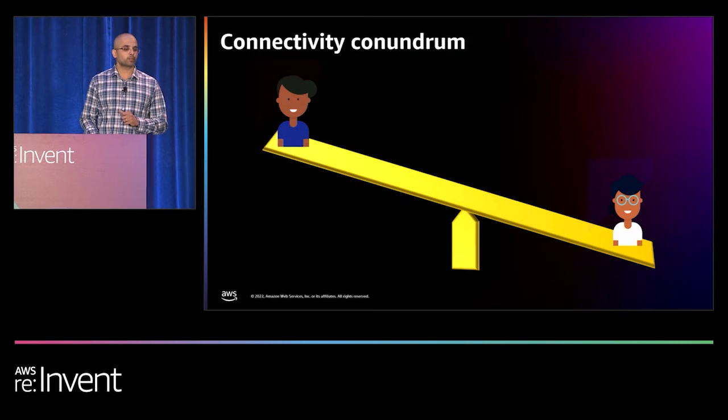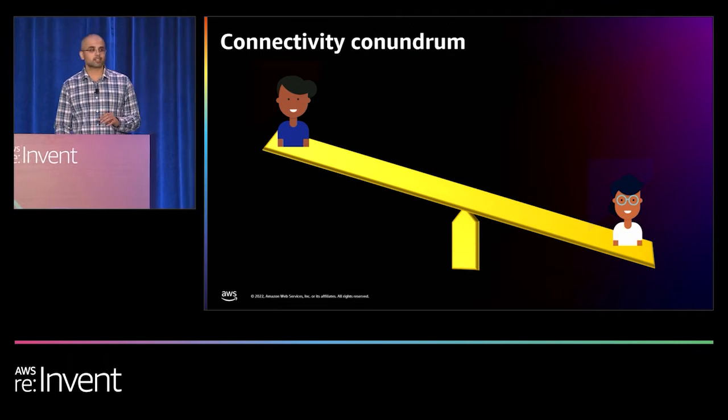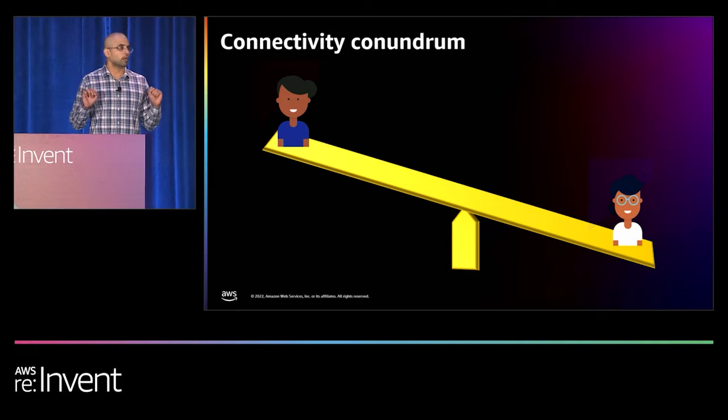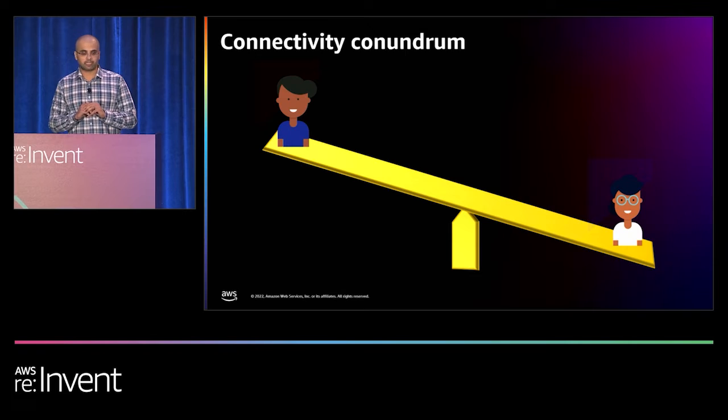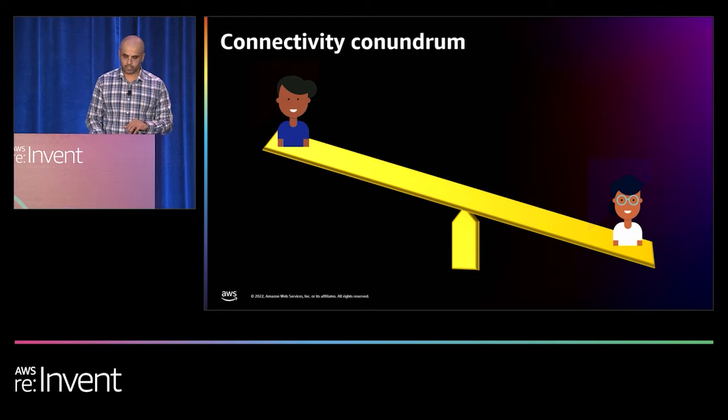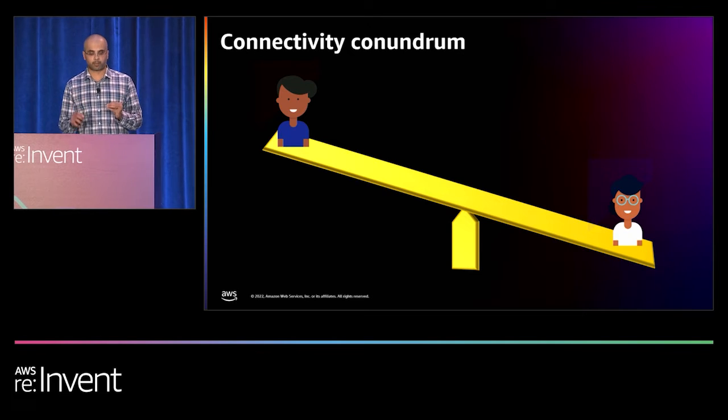To make this point more clearly, let's imagine a seesaw. You have your admin on the left, your developer on the right. Let's just say the person on top gets to make the choice. And then the person on the bottom is kind of weighed down by this choice. And so let's start with admin making the choice. And from a connectivity standpoint,